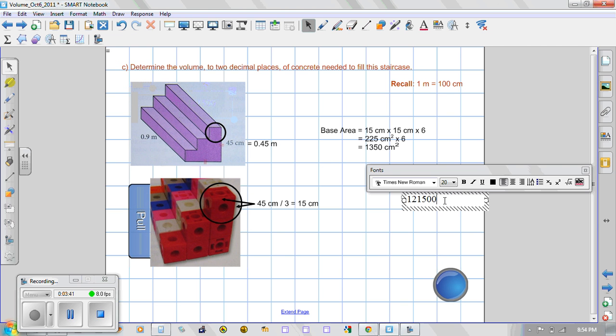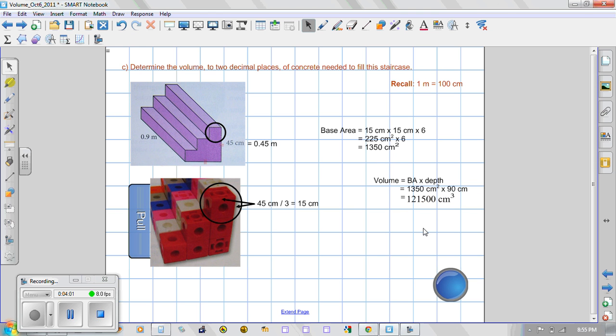And by multiplying a squared measurement by a linear one, that is centimeters squared by centimeters, our final unit of measurement is cubed. So the volume of this particular staircase is 121,500 cubic centimeters,